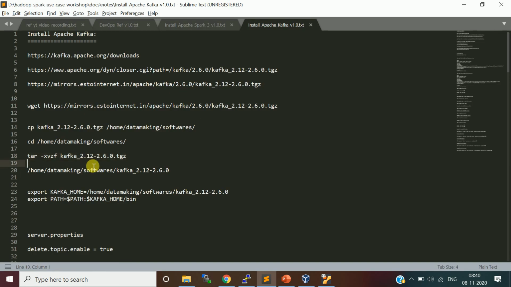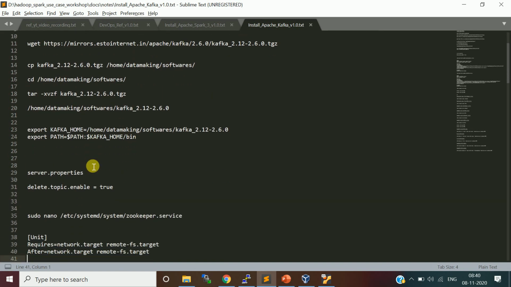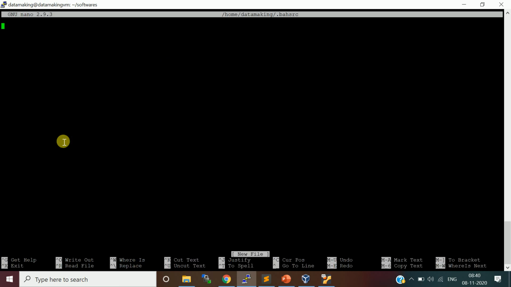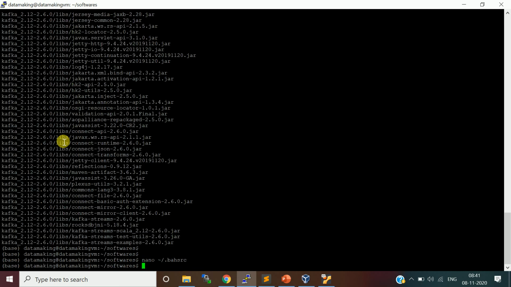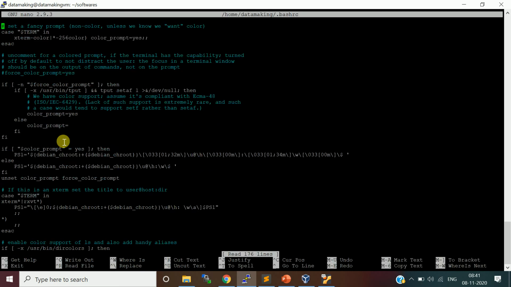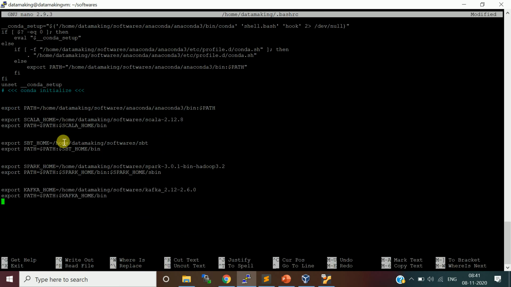Now I need to set KAFKA_HOME to the extracted binary directory of Kafka. I'll use the nano editor to open the bashrc file. I'll go to the bottom of the file and paste it.